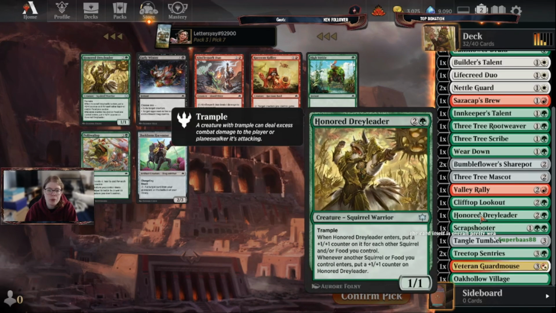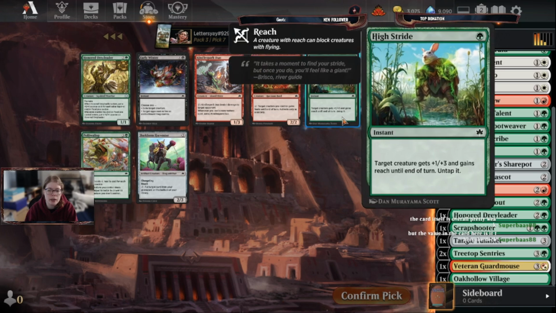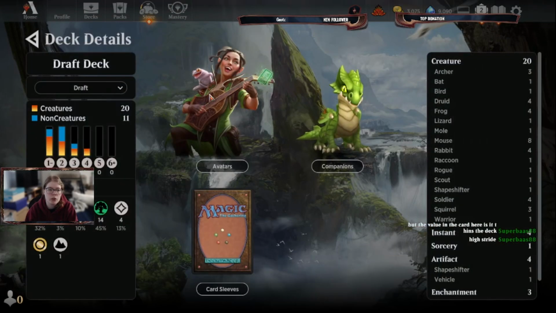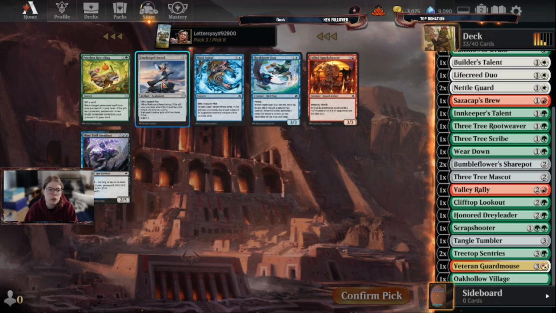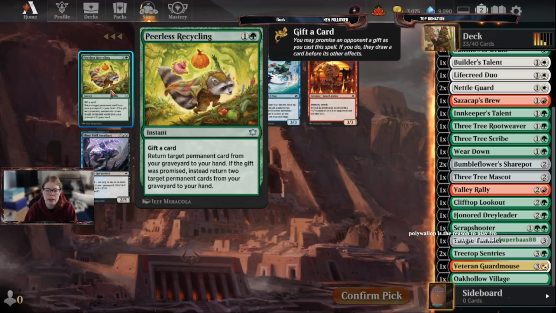I could get another Honored Dray Leader. Or another High Stride. Polywallop, I think, is not that great. How am I doing creatures, non-creatures? Yeah, I guess I can do another trick. Peerless Recycling. Return target permanent card from graveyard to your hand. Gives us promised instead 2 permanent cards from graveyard to hand. Or Starforged Sword. Kind of feel like the